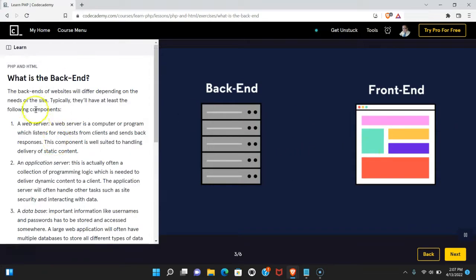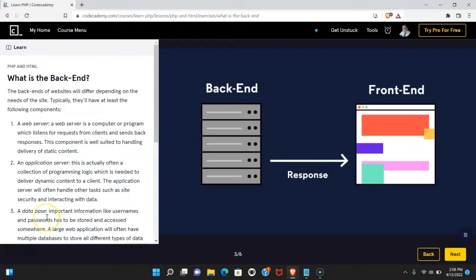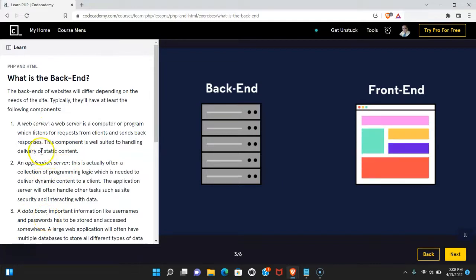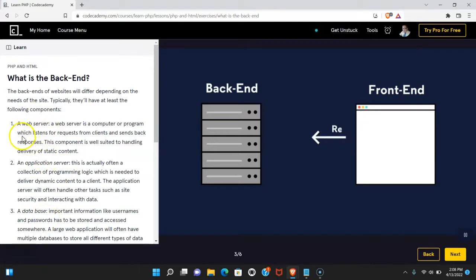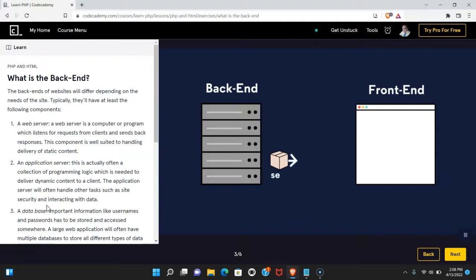As long as you guys are seeing that and understand what it is the back end does, knowing that the back end has usually these three things, a web server, an application server, and a database, then you're understanding this lesson. Read up more on what the difference is between these three things on Google just to really embed the